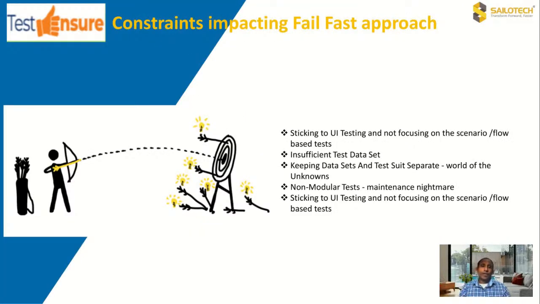Some of the constraints I talked about earlier, in a few pointers, I would say, and there are so many other things that impact the fail fast approach. Again, you have to take baby steps. Some of the main constraints: sticking to just UI testing, or not focusing on scenario or flow based testing. So that's where